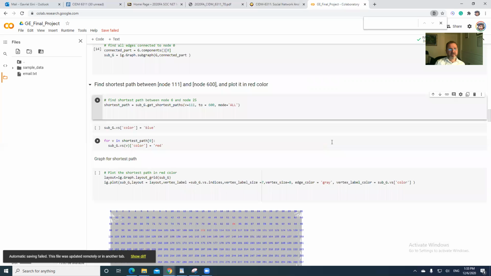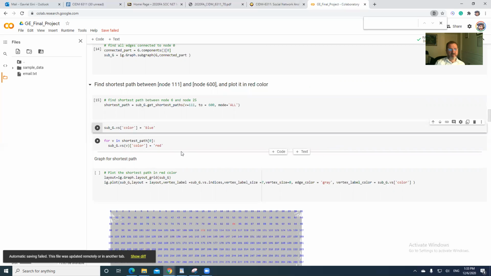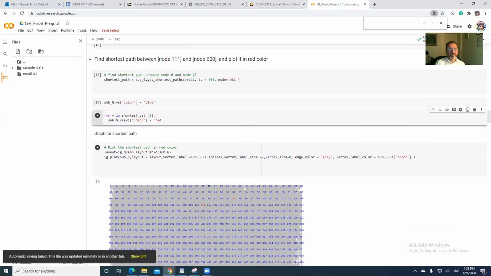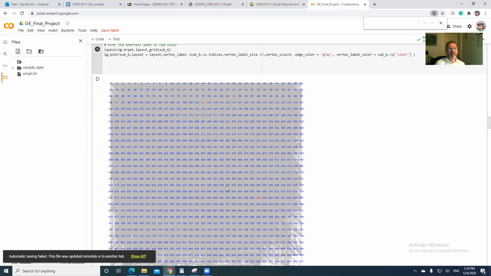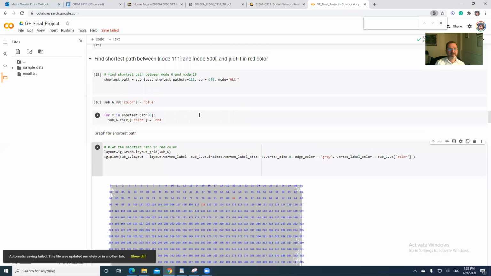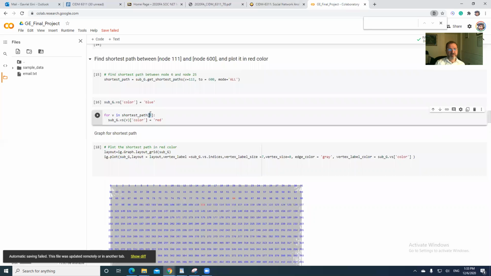Find the shortest path between, we're going to choose node 111 and 600. We're going to color the graph in blue, and the shortest path is going to be colored in red. Now we're going to run it. So you see 84, 111, and 600. That's from 0. If I want to change it to 10, for example,